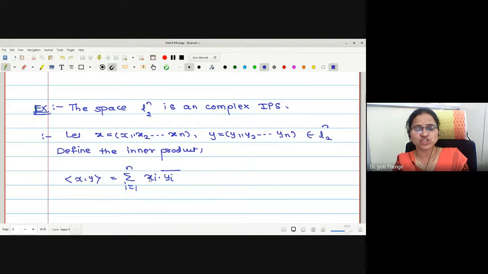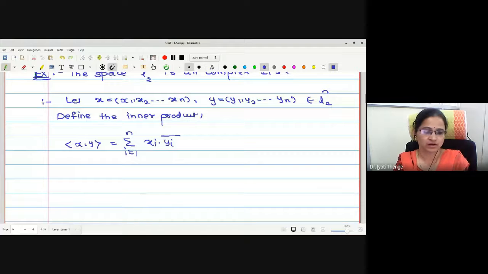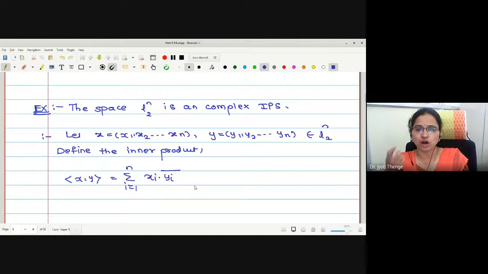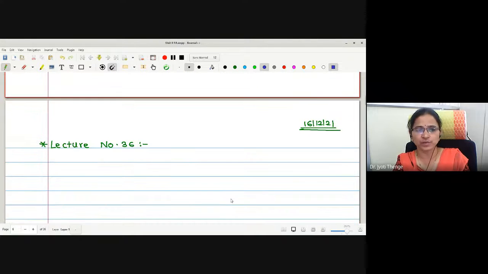Now, if I change this product to xi yi instead of xi yi bar, what kind of product will it be? Say if I write this as xi yi only, what will this product be? Are you familiar with this product? Summation xi yi. Dot product. Yes, it will be a dot product. That is, dot product is no doubt an inner product, and in this example we have shown that this is also an inner product by verifying those four properties of the inner product spaces.